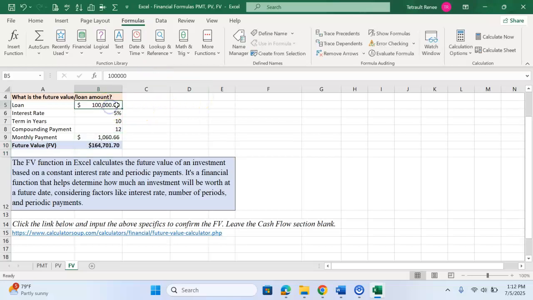So what they're assuming is that this $100,000 loan at the end of the term may be worth $164,000. And that usually has to do with things like mortgages. Your house does increase in price. So if you wanted to check this, you could go to a loan calculator, and I just had a sample one in here. So if you go to this website